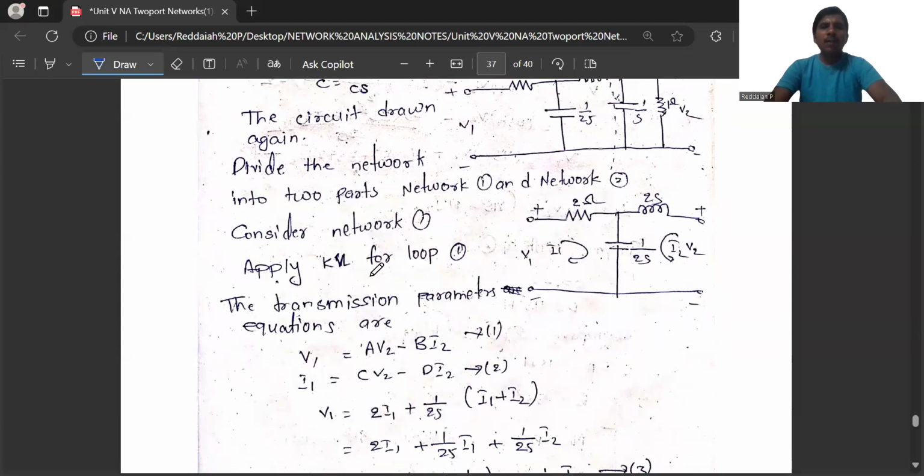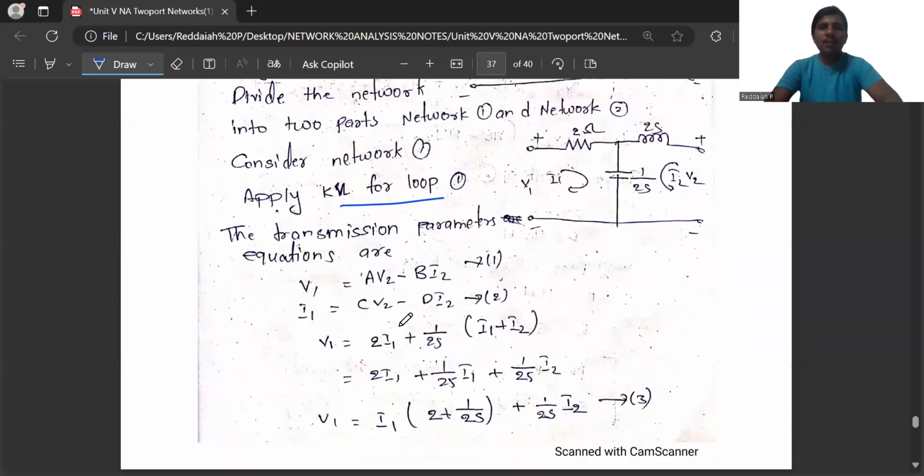Consider network 1, apply KVL for loop 1. How to apply KVL, we saw in the first Z parameters also. The transmission parameters equations are, first write the transmission parameters equations 1 and 2. V1 is AV2 minus BI2. After writing the transmission parameters,